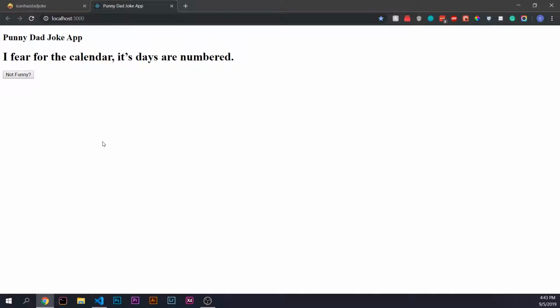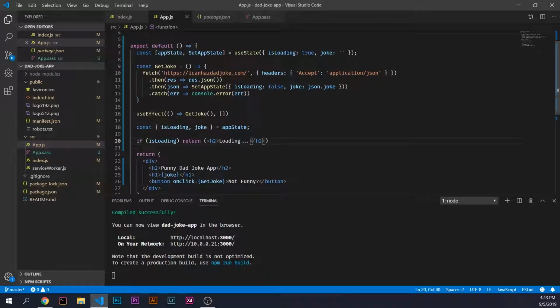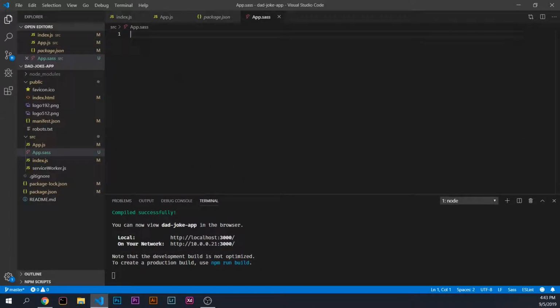So that's basically our app, guys. If you guys just wanted to see how it functions, how it works, you guys can stop the video now. I'm just going to do a little bit of CSS styling to make everything look pretty, or I guess it would be Sass styling. So we'll start off with a wildcard, and our wildcard we'll do margin 0, padding 0,